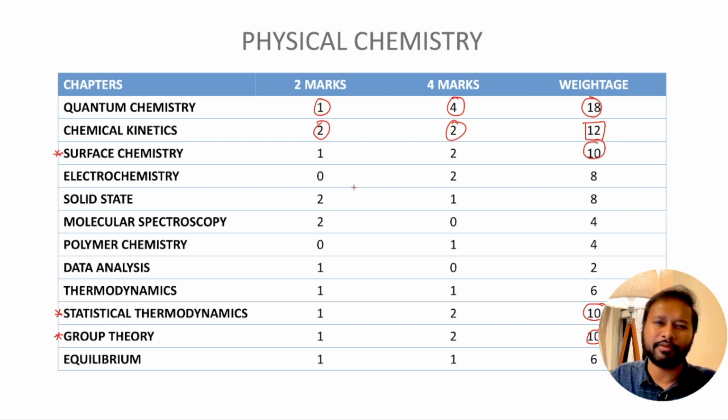We generally expect 6 to 8 marks, but this time it was asked for 10 marks. We got 3 questions, 1 of 2 marks and 2 questions of 4 marks. Again, group theory, we expect 10 marks, that's fine for group theory, but for statistical thermodynamics, again we don't expect